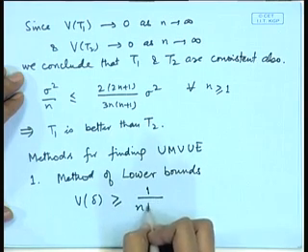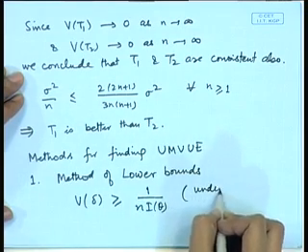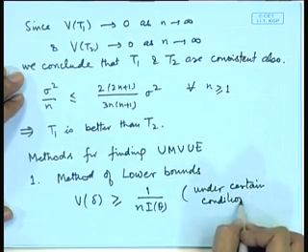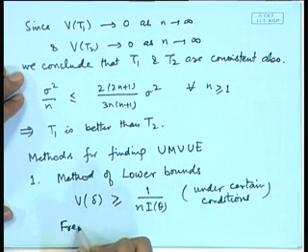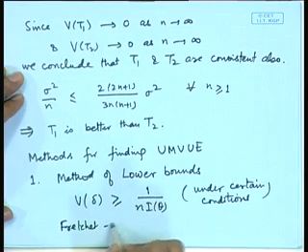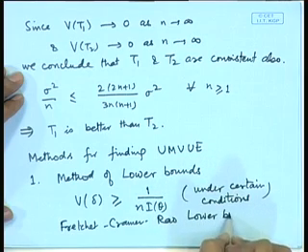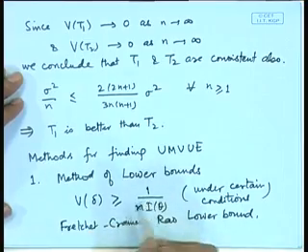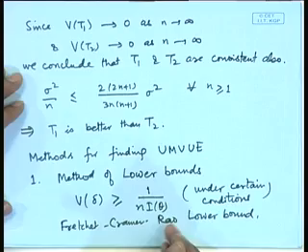It is 1 by n times I(theta). This is under certain conditions. This is called the Fréchet-Cramér-Rao lower bound. So, if there is an estimator which has its variance equal to this, that will naturally be the minimum variance unbiased estimator. Then later on, generalizations of this Fréchet-Cramér-Rao bound have been done, and